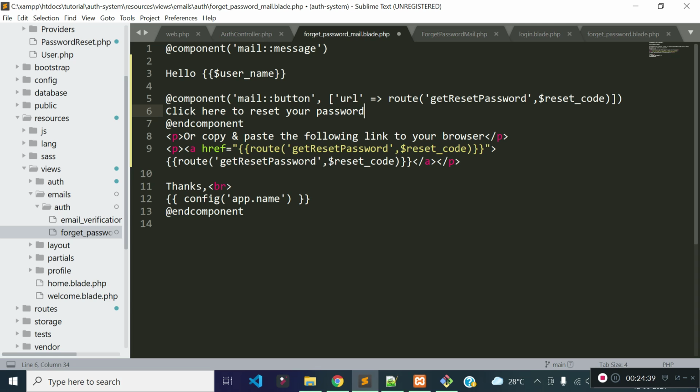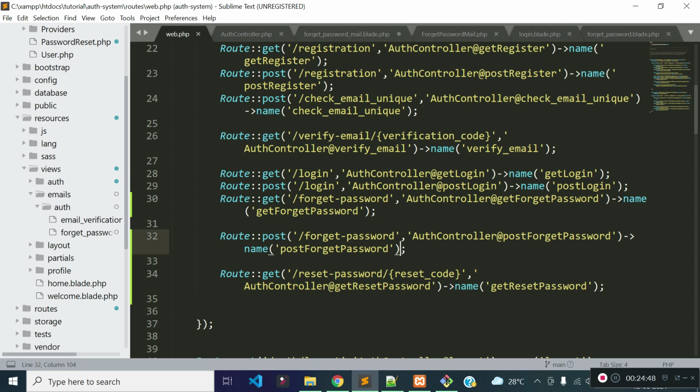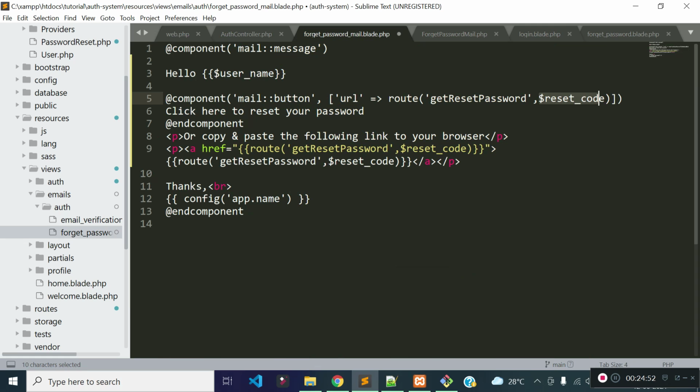So the route name for our reset password page is get reset password, and we need to pass the reset code as a parameter, because you see the route pattern is like this. We have to pass the reset code as a parameter, so we need to pass the reset code here to generate the route URL.